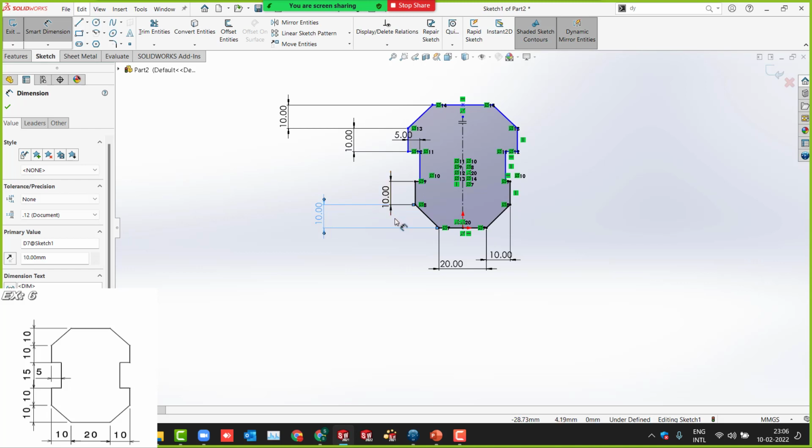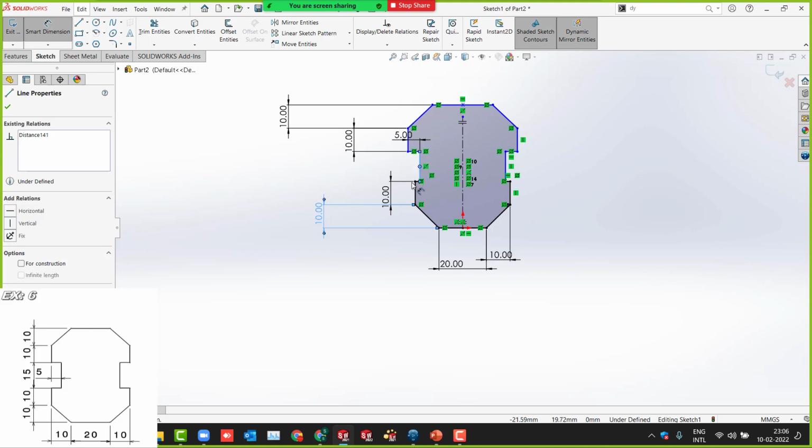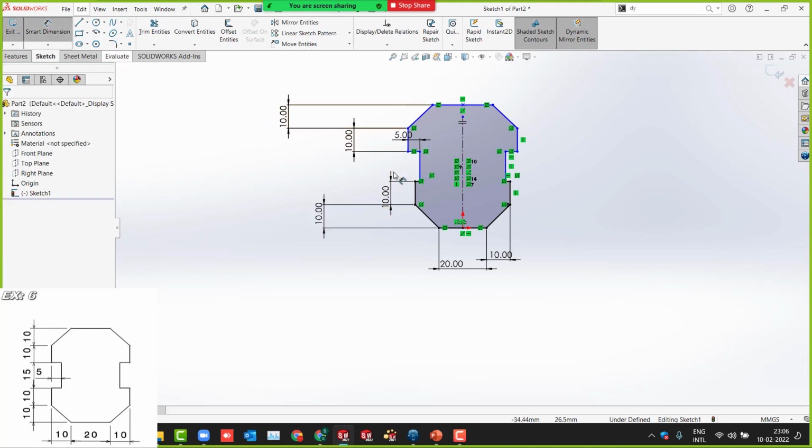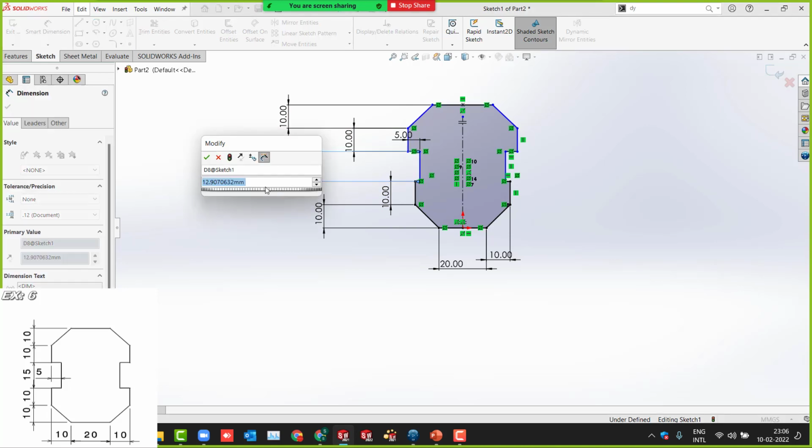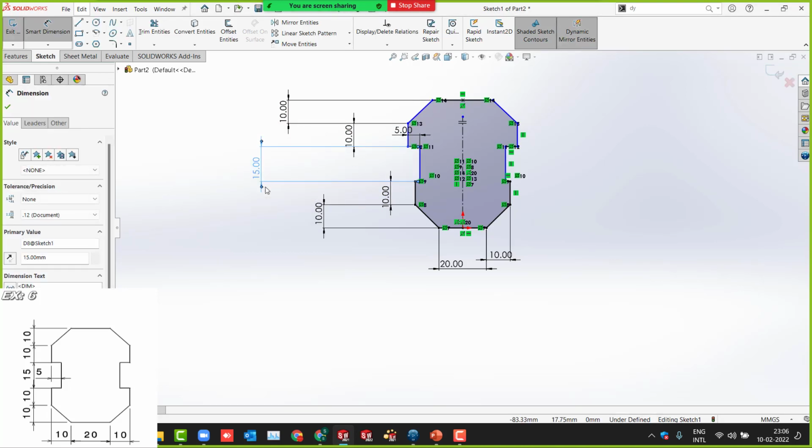There are some issues. What about this one? This one how much? This one 15. Good. But still it is not fully defined. What is the mistake? Any idea? This one we didn't take the downside.